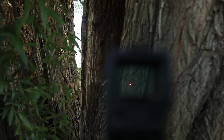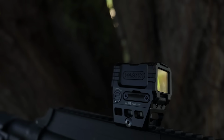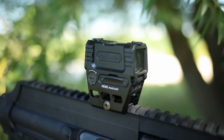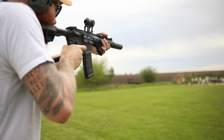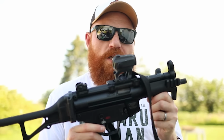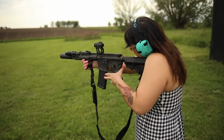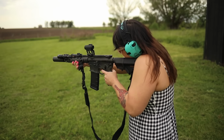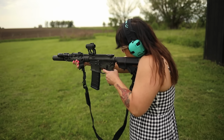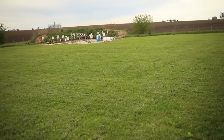And Sage Dynamics, Aaron Cowan over there does a lot of really good optic reviews, and he has a lot of super positive durability reviews of Holosun, so it's kind of hard to deny. And on top of that, I mean, this isn't the only one I have. I have the 403B, which is actually the cheap version of the Aimpoint clone, and it does go into Aimpoint mounts as well, which is very nice. But these are super bomb proof. You can see all the scratches and beat up thing. I've had this thing for years. It's on this ScalarWorks QD system. I just pop it off, put it on something else every single time, and over and over and over again,